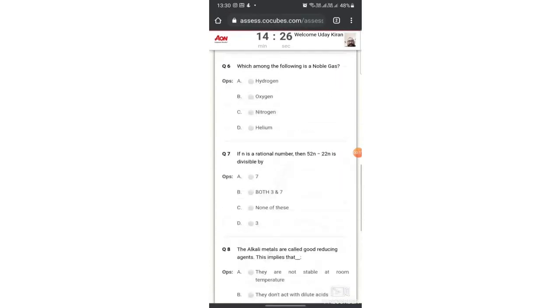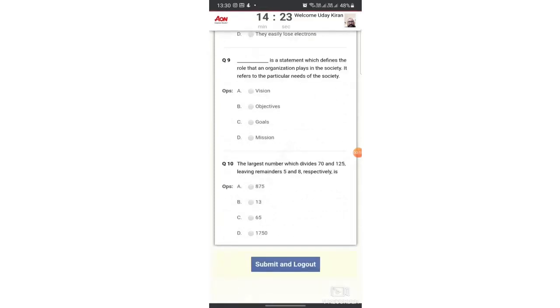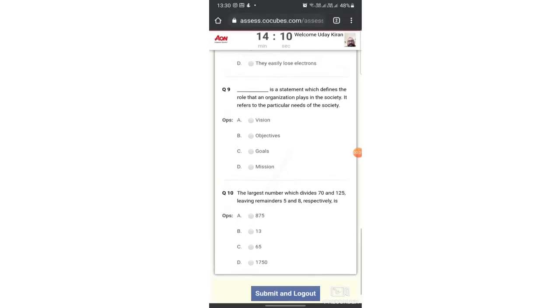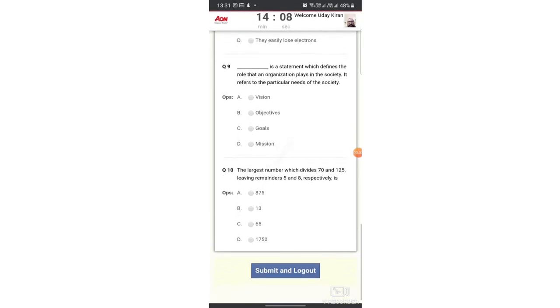Let's say if your internet is interrupted or gone while taking the assessment, do not panic. Your test will continue. If your internet is back before your timer ends, in that case, your answers will be automatically saved.